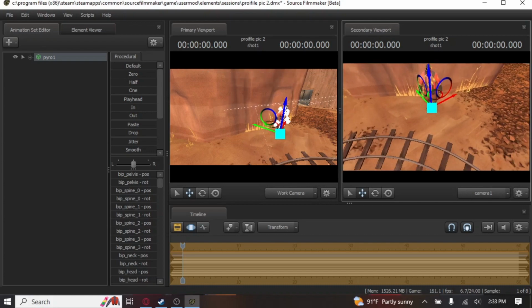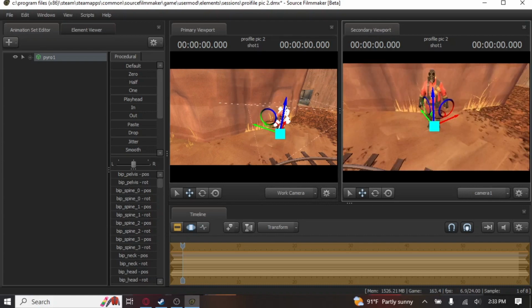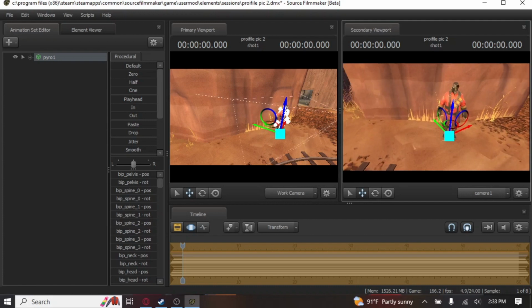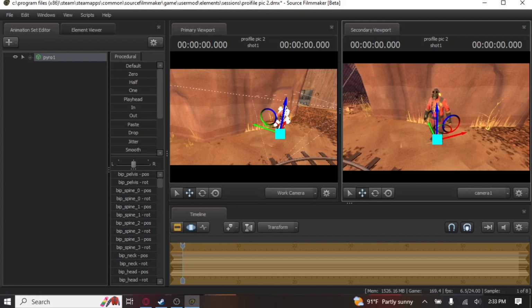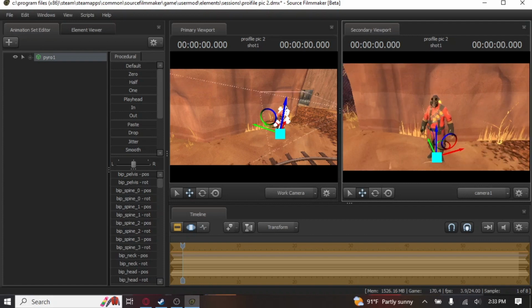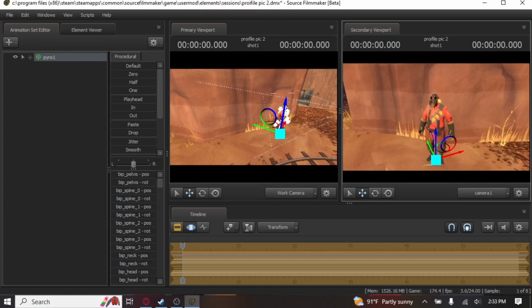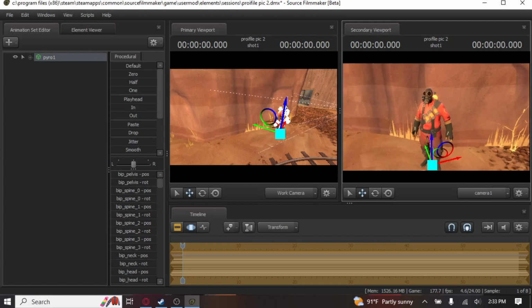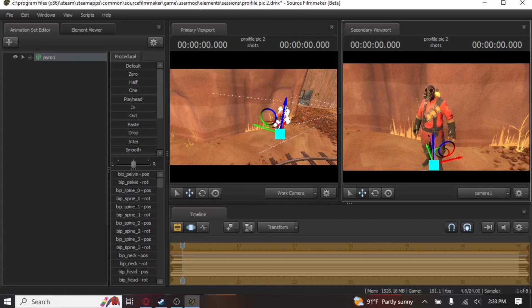And you want to move your camera 1 over to where you can see him. And you can use the scroll wheel to change the lens or zoom in and zoom out. You could change this whenever you want to,